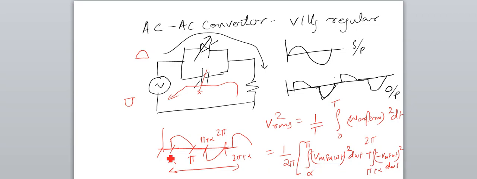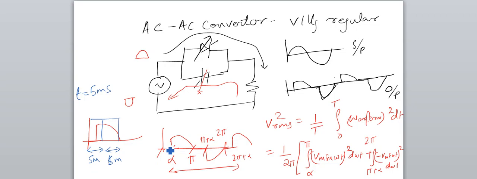Now in your CRO, you will be given it in a timing diagram. You are not given alpha in degrees, you have to calculate the degrees. Suppose this circuit comes like this. In the CRO there is a square grid and there is a time. Suppose two squares are there and each square is T equal to 5 millisecond. So each is 5 millisecond, 5 millisecond. So the total positive half cycle goes in 5 milliseconds.